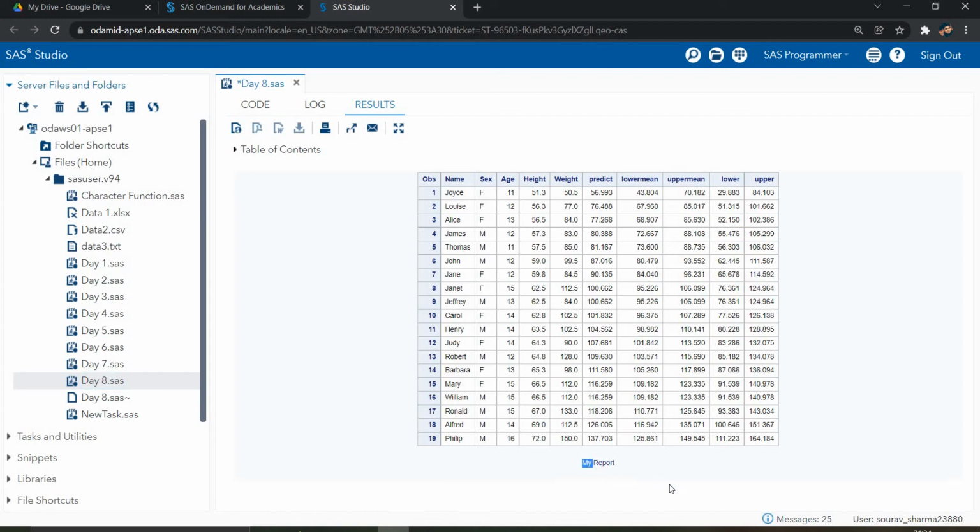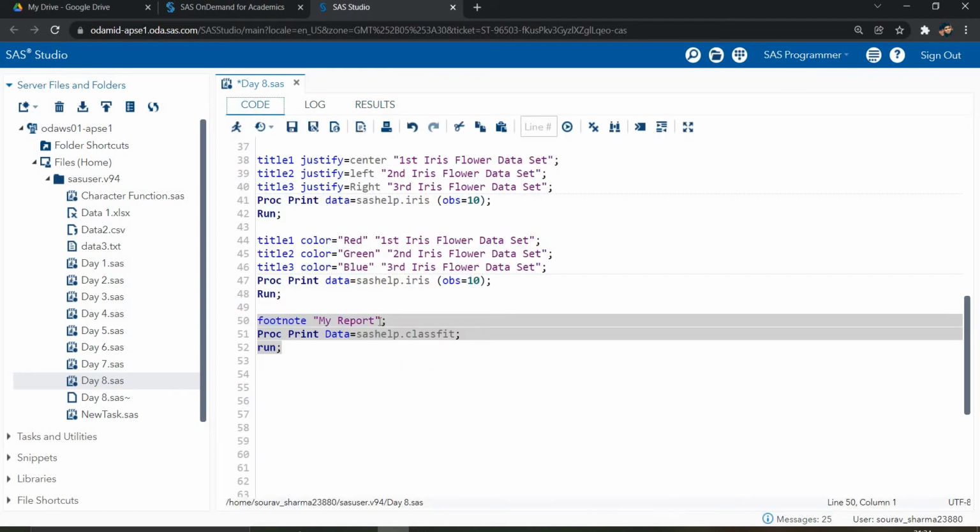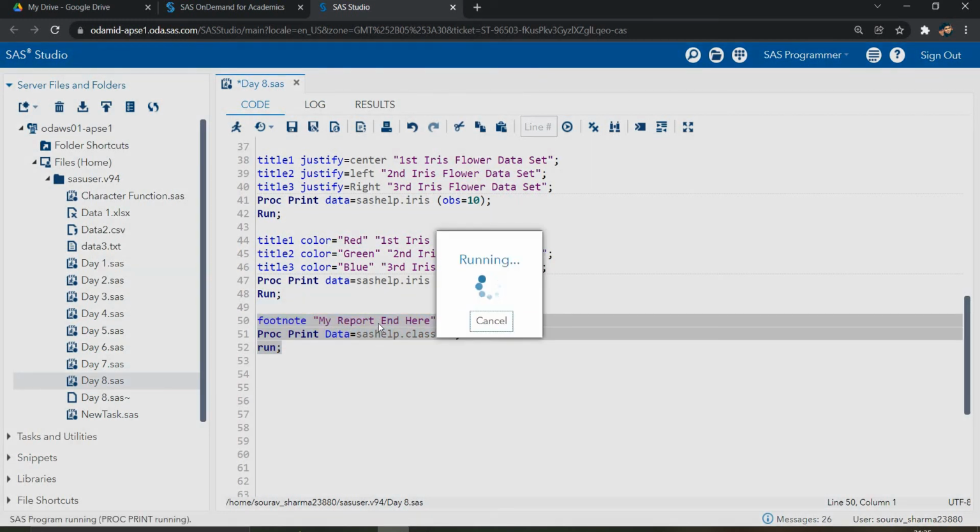Now you can see here, at the end, we have my report. I wrote it in the font.